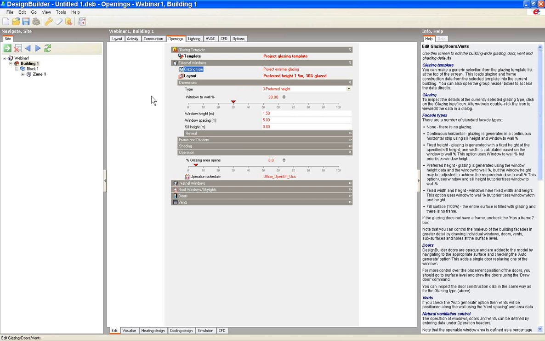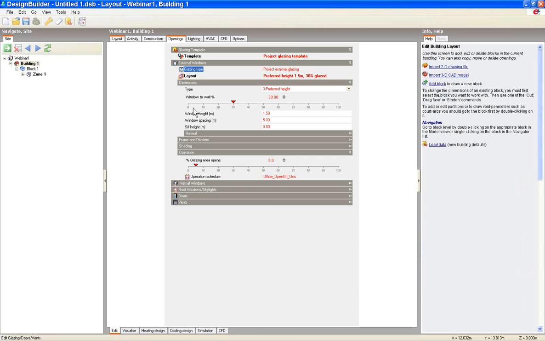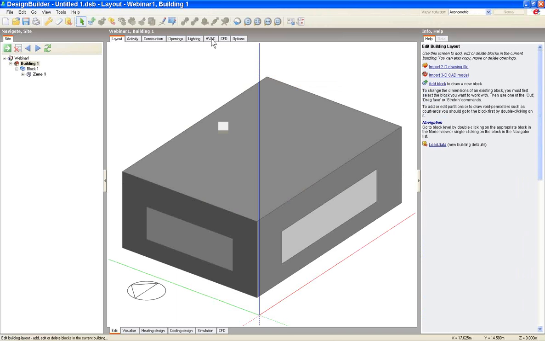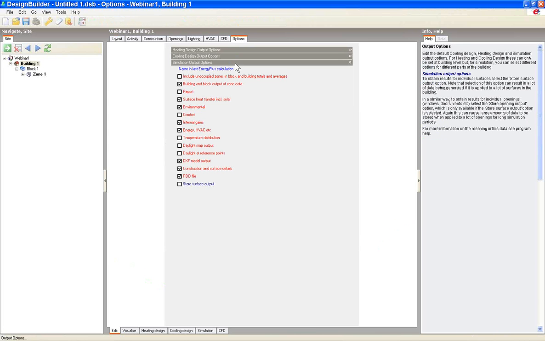So what I'm going to do is carry out a simulation on that building. Very simply, we've got this building. It's got 5% opening and a natural ventilation system, and I'm just going to switch on some options that I need, to make sure that I can look at it from an EnergyPlus point of view. I can look at the actual output data from EnergyPlus, but also carry that data through into the